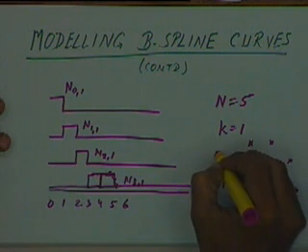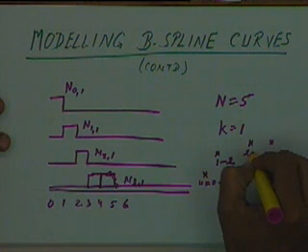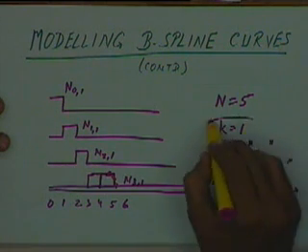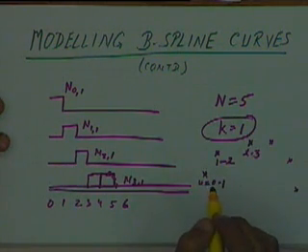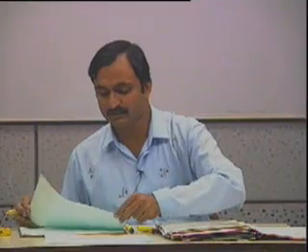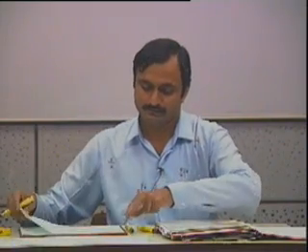From 1 to 2, it is concentrated at this point. From 2 to 3, it is concentrated at this point, and so on. This was in the case of B-spline curves with degree 0, that means when k is equal to 1. And for the definition of the B-spline curves, we had mentioned that